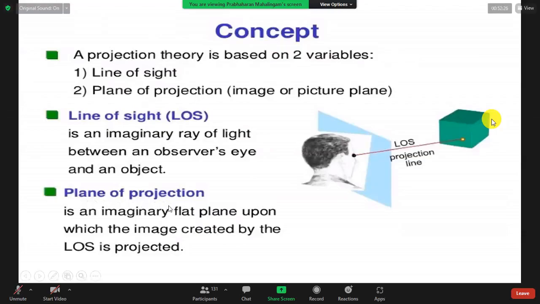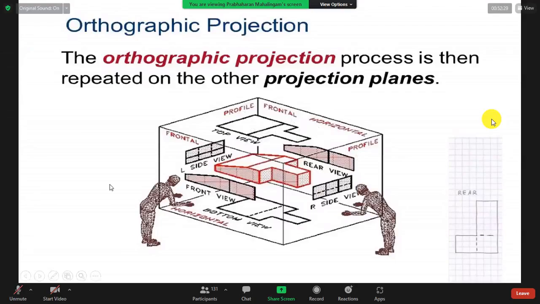Here one is a horizontal plane and there are two vertical planes. This is called the plane of projection, right? The line of sight is seen perpendicularly, standing at the middle point. So these dots are not visible to this viewer. The front viewer can't see what the side viewer sees. The side viewer alone cannot see the front view pattern. The top viewer cannot see the side and the front.